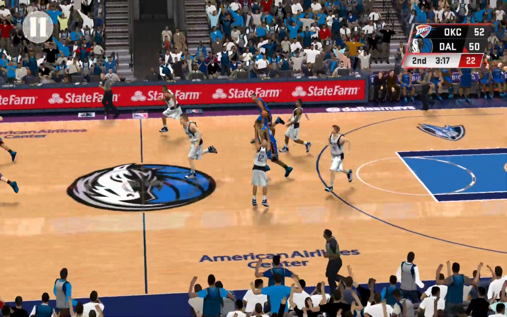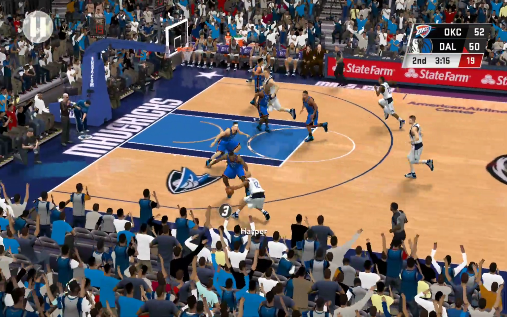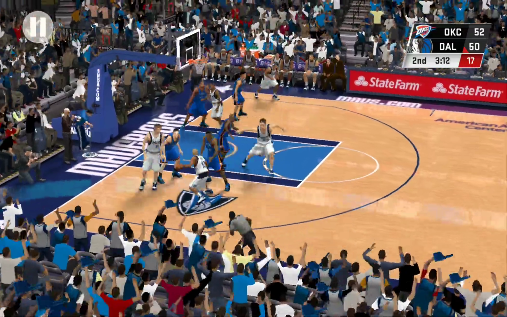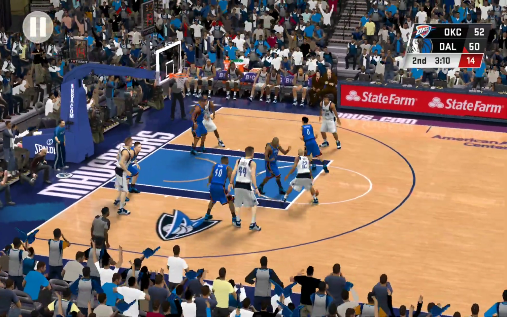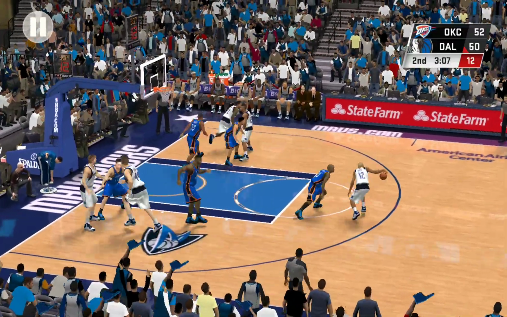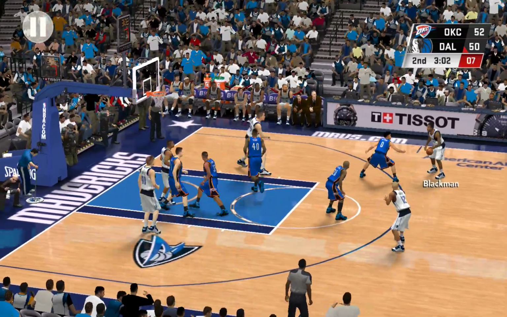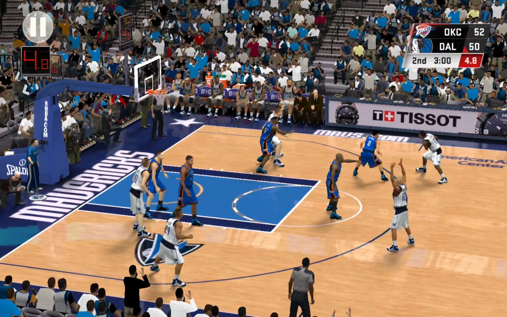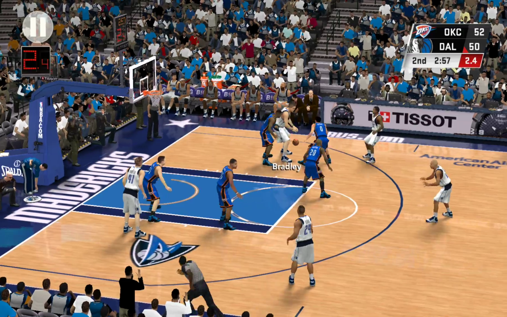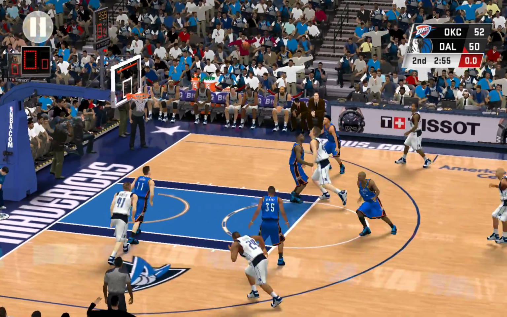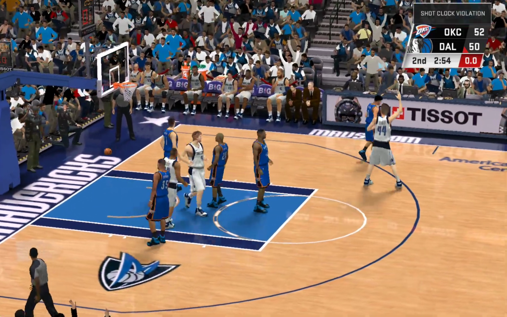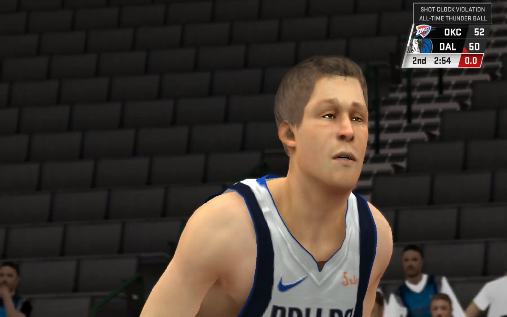Another miss, and they've really hit a rough patch here. Here's Harper. Blackman. Pass to Bradley. Outside Bradley. And they turn over the 24-second buzzer, signaling the shot clock violation.